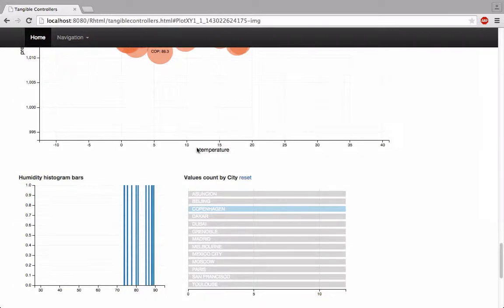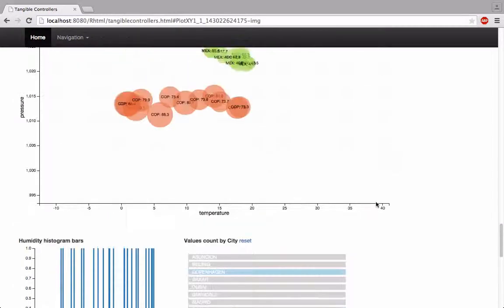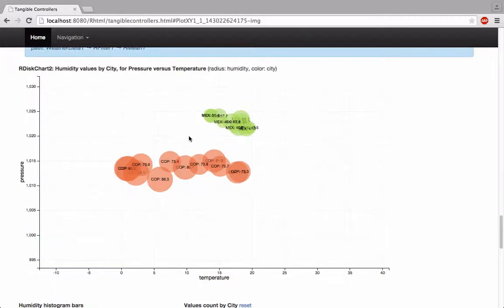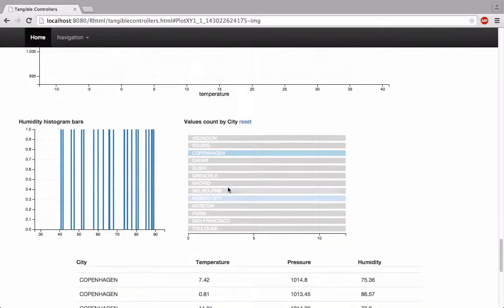If we compare Copenhagen with Mexico City, for example, we see that they really belong to a different pattern, and they don't touch. Humidity in Mexico is lower, pressure is higher, and temperatures are also higher in general. Let's add Madrid